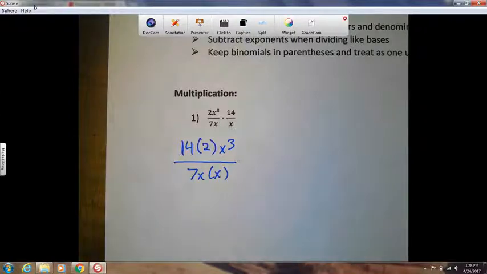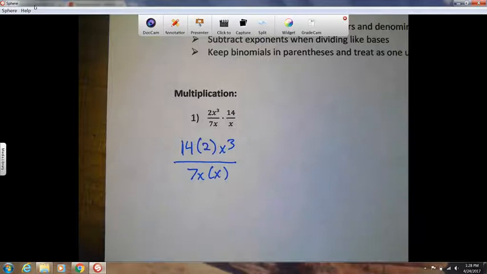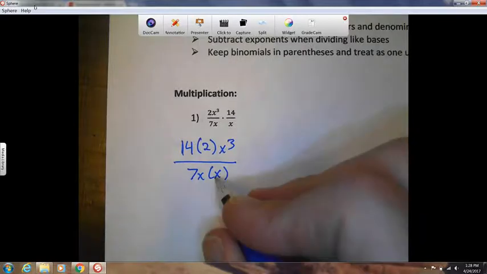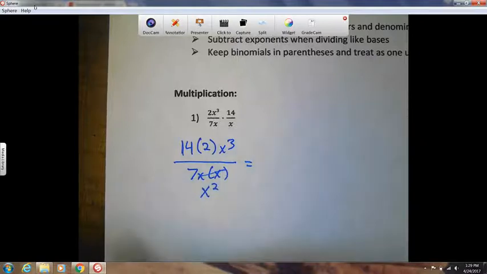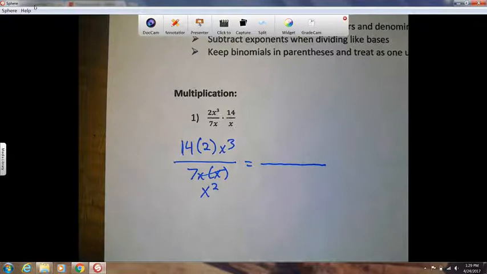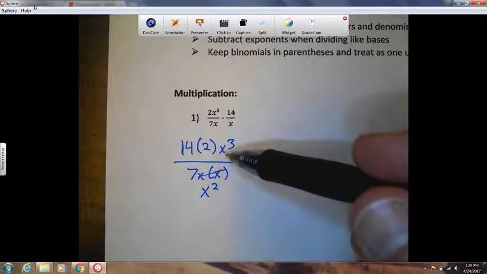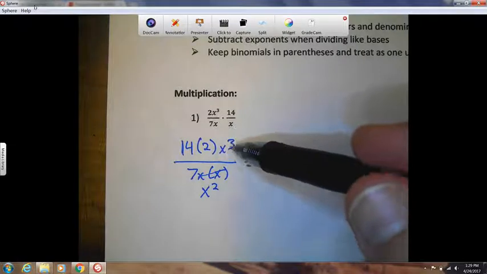So I can think of a couple ways that we do this. Depends how you want to think about it. Here I could change x times x to x to the second power. And so then I can subtract exponents because you're dividing powers with the same base. The base is x. So 3 minus 2 is 1, so I have just an x